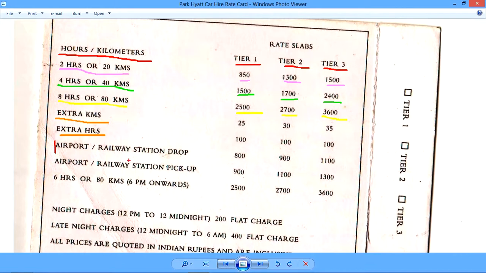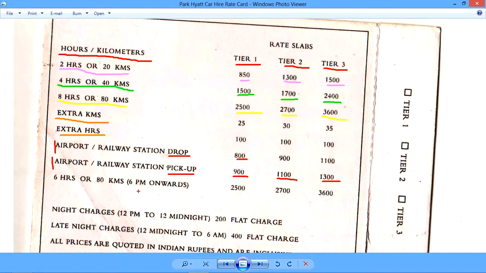And then we have airport drop and airport pickup. It's here, drop and pickup. And notice a slight difference. Airport pickup is more expensive. Why do you think so? The reason is that there could be a delay in the flight or the train, and so that 1 hour of waiting period is added to this charge of 800 rupees. That is what I think is the logic of charging 100 rupees extra, but here the difference is 200 rupees. Here also it's 200 rupees.